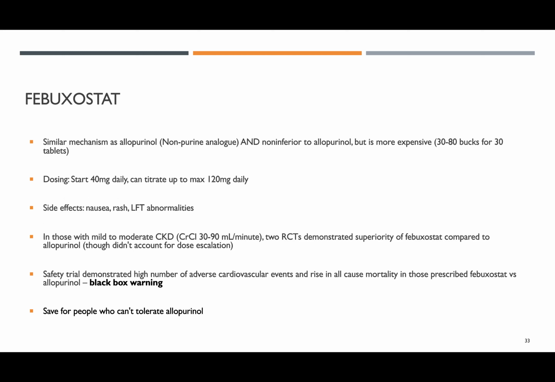Another agent is febuxostat, which works basically the same for all intents and purposes as allopurinol and is not inferior. It's a little bit more expensive. 30 pills, in my research, will set you back more like 30 to 80 bucks. Its effects are more on